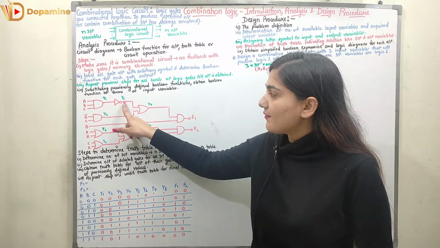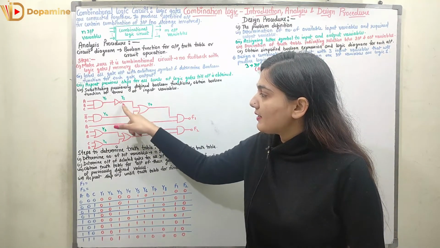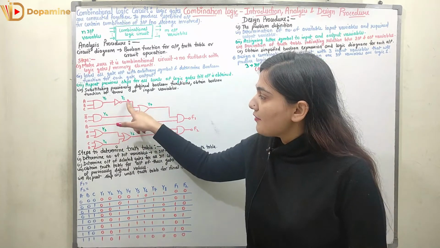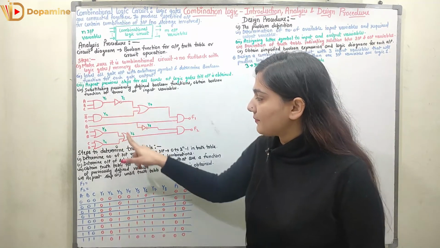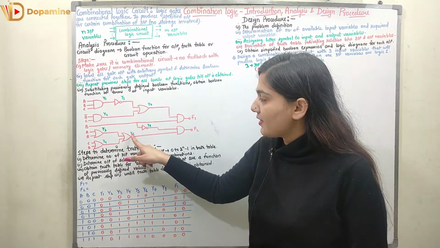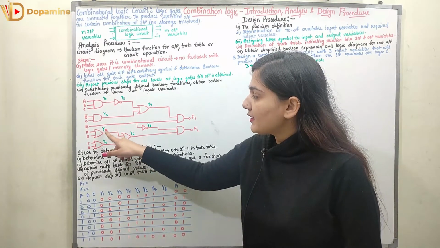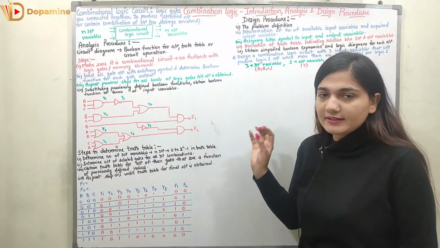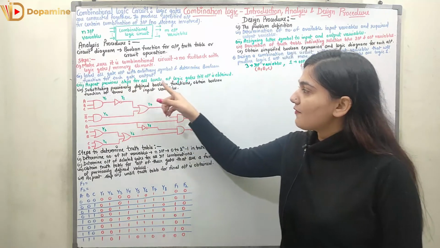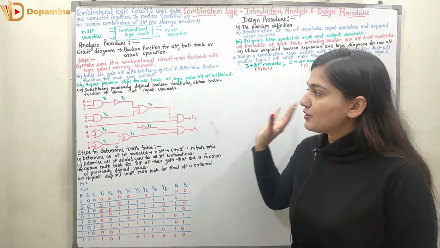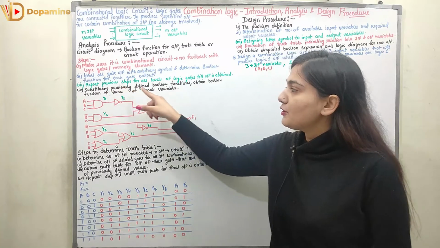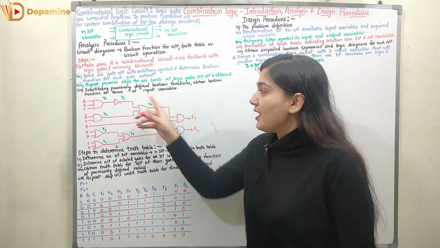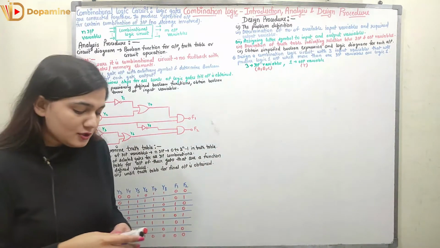Then we have the second level. Here we are labeling the output of this gate in terms of the previously specified outputs. Y5 is specified in terms of Y1. Similarly, this is the second level labeling: Y6 is labeled in terms of Y3 and Y4. Then we have to proceed until we get the output, right? So repeat the previous step for all levels of logic gates till the output is obtained, and then we have to substitute the previously defined Boolean functions, and obtain the Boolean function in terms of the input variables.